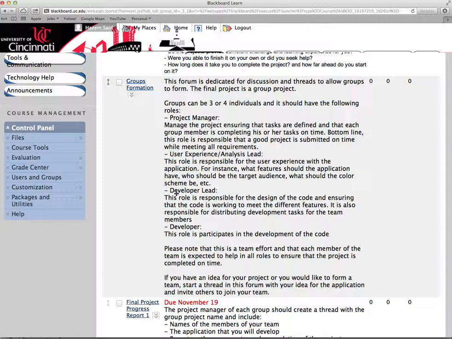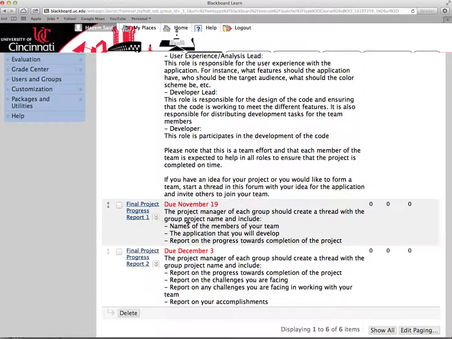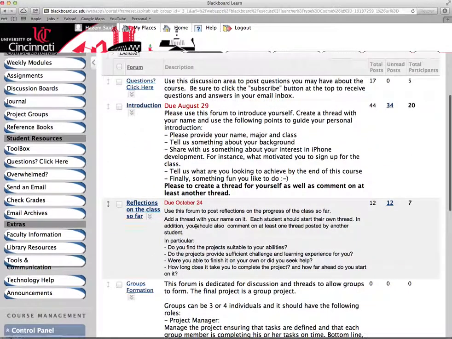As I mentioned, all 3 people will work on all 3 things, so tasks will be divided equally. However, one person will take a lead on each one of those items to ensure that tasks are assigned appropriately within that item and that everybody is doing their work. There are currently 2 reports required for the final project. I may increase those to maybe a weekly report or something. We'll talk about that maybe later.